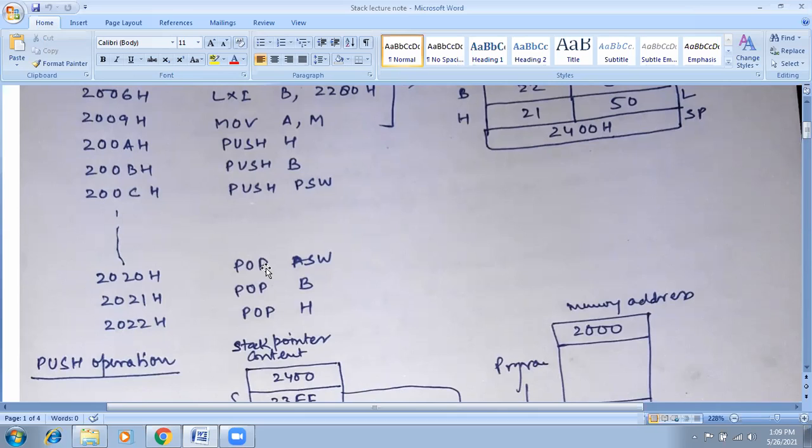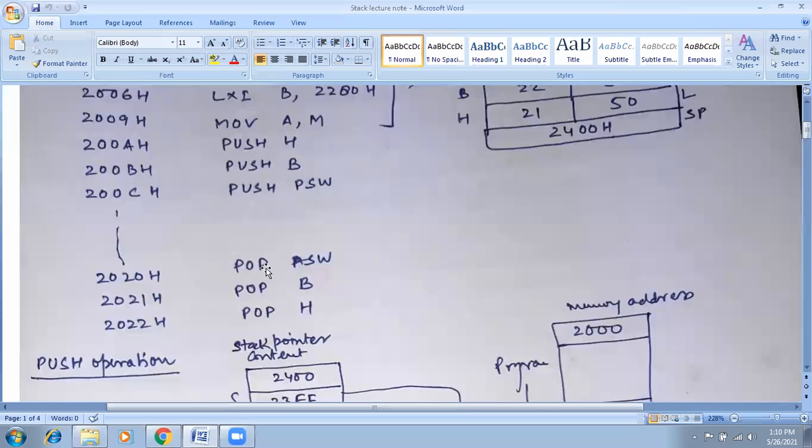the content of the stack top location will be copied in the higher order register, and then the stack pointer is incremented by 1. So the difference between push and pop operation is, while doing push operation, first the stack pointer is decremented, and then the copying operation is done, in such a manner that the higher order register content is copied first, then the lower order register. But whenever we are doing pop operation, first of all, the content of the stack top location is copied in the lower order register, and then the stack pointer is incremented by 1. Then the content of the top location is copied in the higher order register, and then the stack pointer is incremented